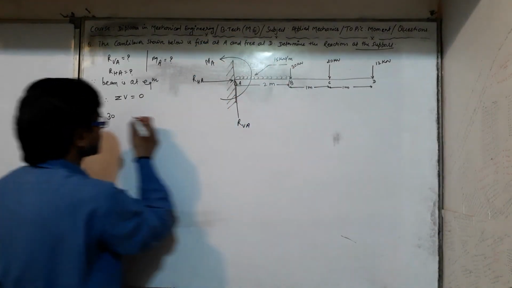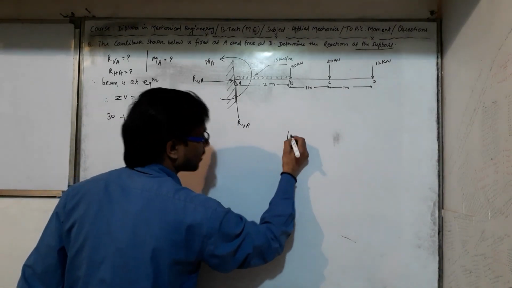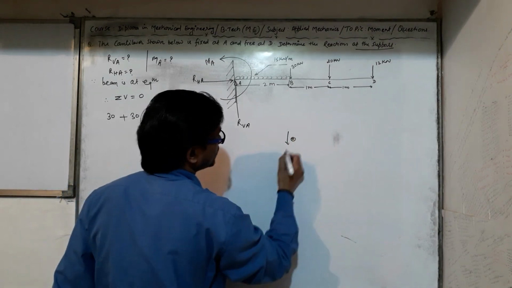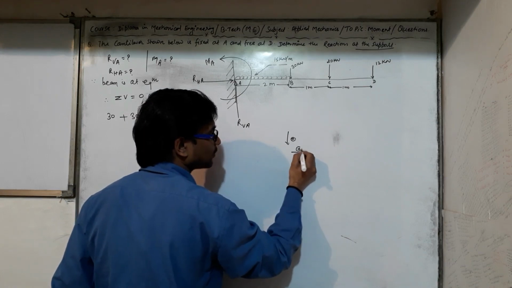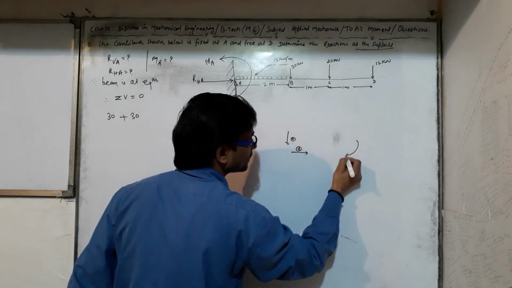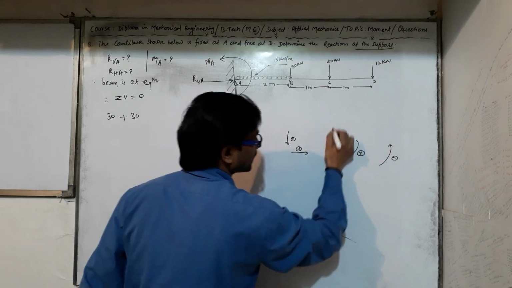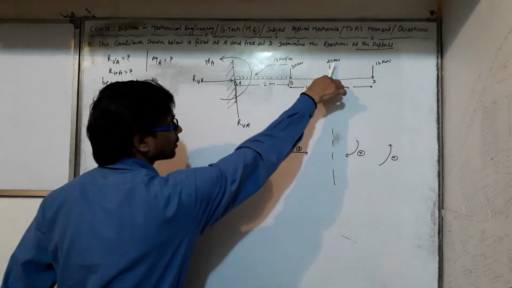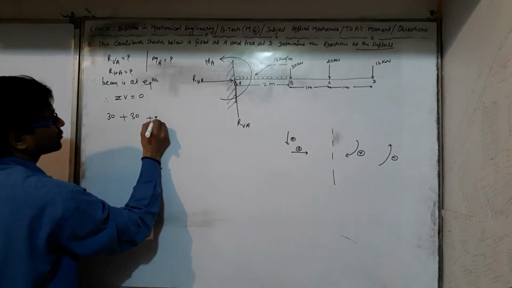Now I am taking vertically downward force as positive, and in the horizontal direction, if a force is acting in this way, it is also positive. Clockwise moment is positive, hence anti-clockwise moment is taken as negative. This is the sign convention which we will use here. Now the 20 kN is also acting in the downward direction at point C, so it is also positive, so plus 20.